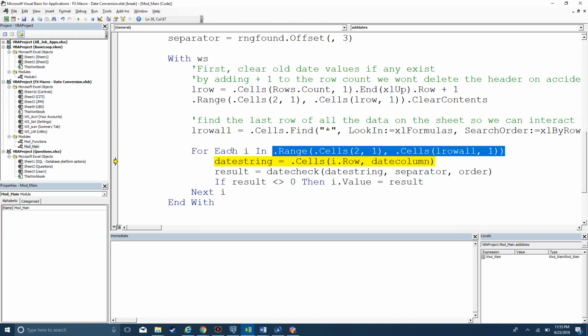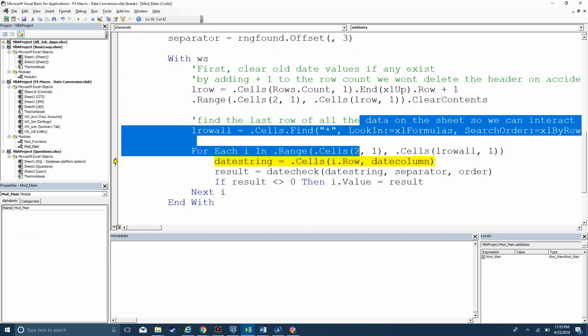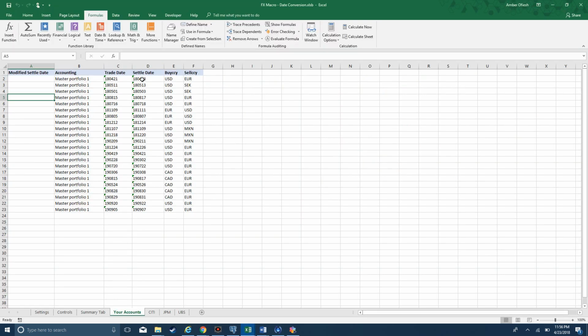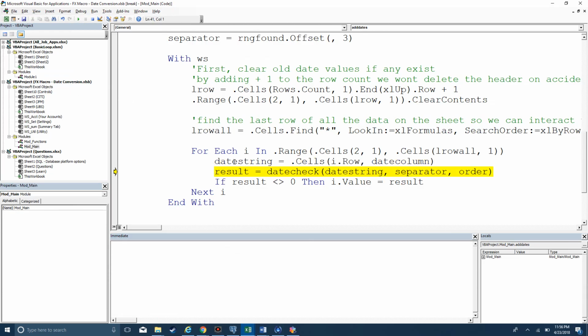So for the first iteration, it's going to start in row 2. So I.row here is going to return the number 2. So we're going to combine row 2 with column D to evaluate D2. And so I'm going to get the date string 180423,